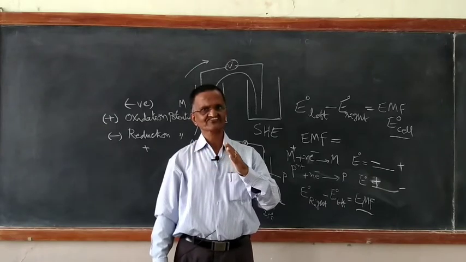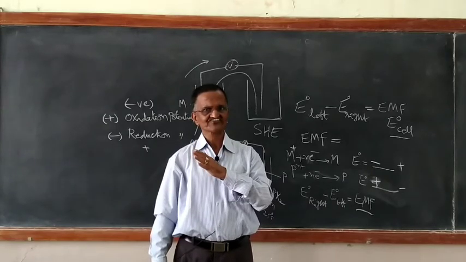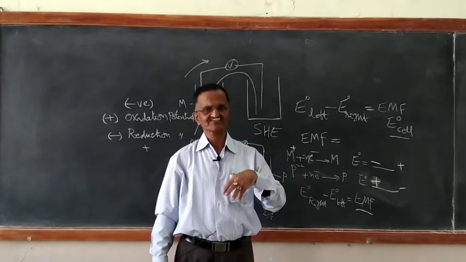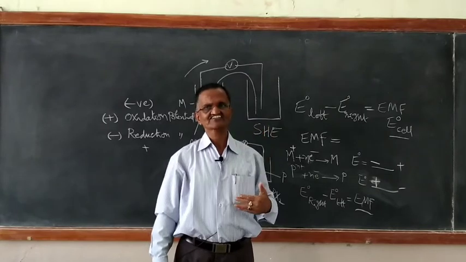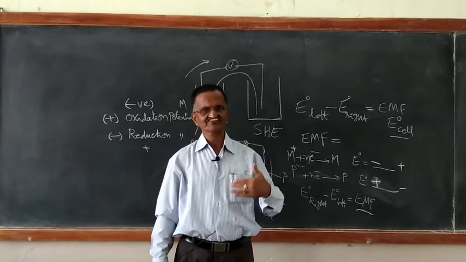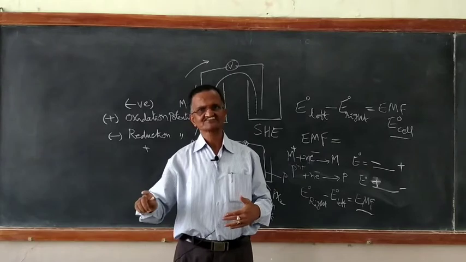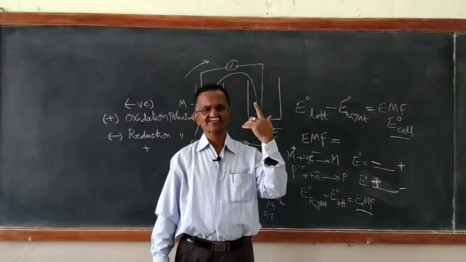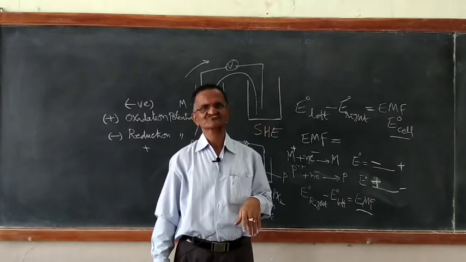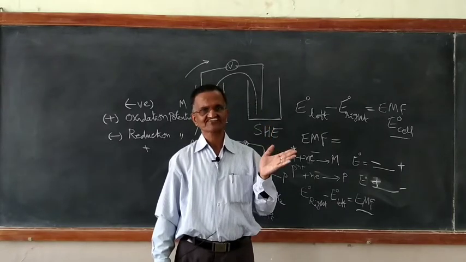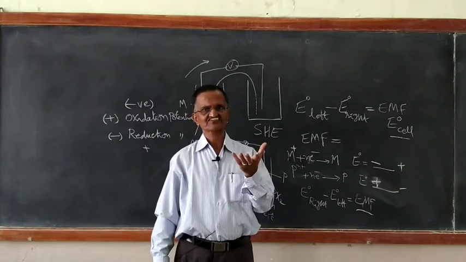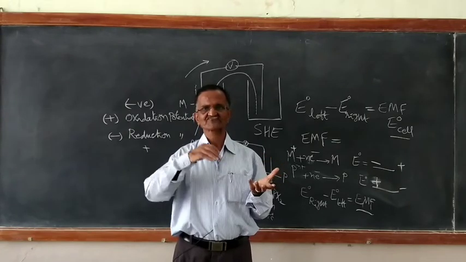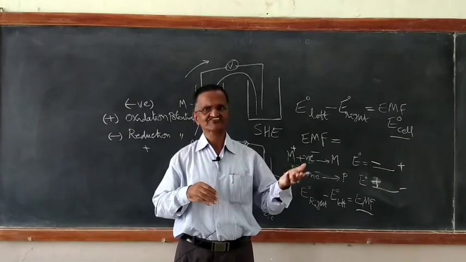Ready to undergo oxidation, or ready to undergo reduction is decreasing, or ready to undergo oxidation is decreasing. In different ways I can have all these elements arranged. So if I arrange all these elements in one particular series, we give a name for that. This is no way different from the activity series of metals which I had already understood in 10th class for displacement reaction. If you want some particular metal, take the salt solution, put a more active metal in that, the less active metal will come out.